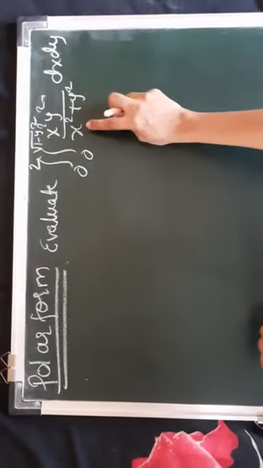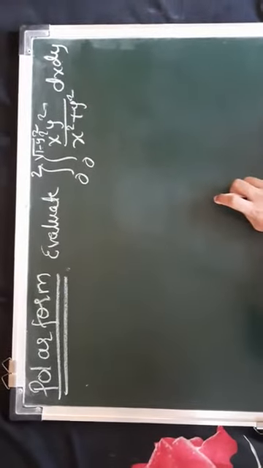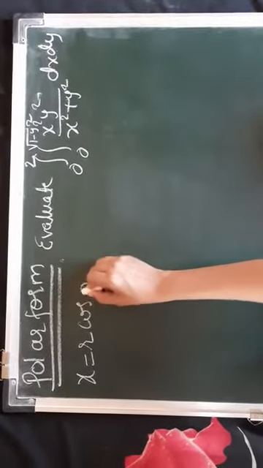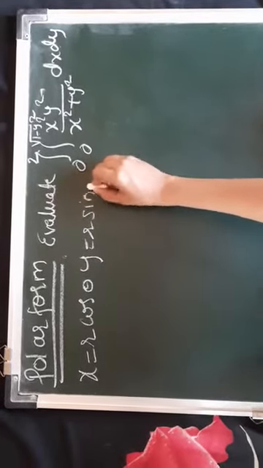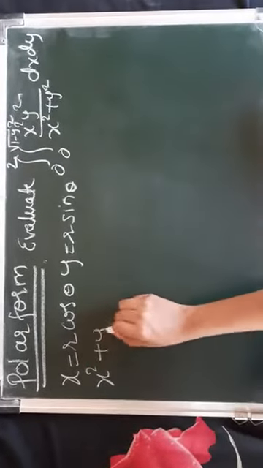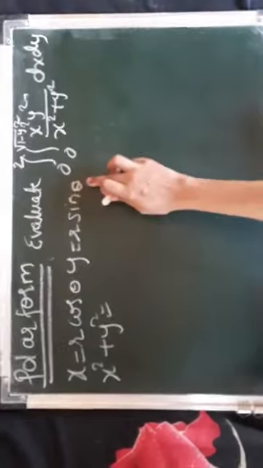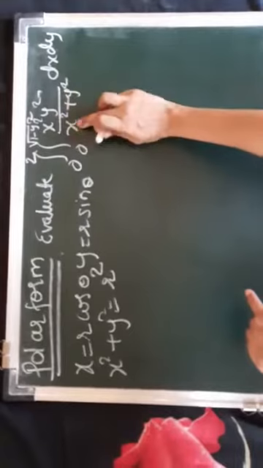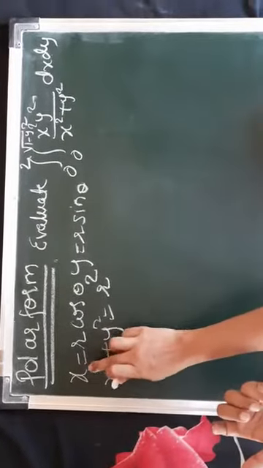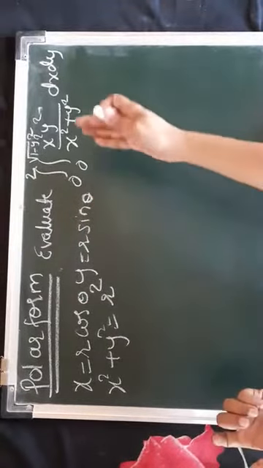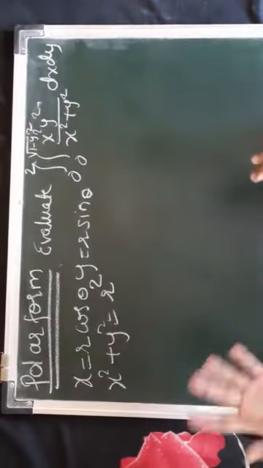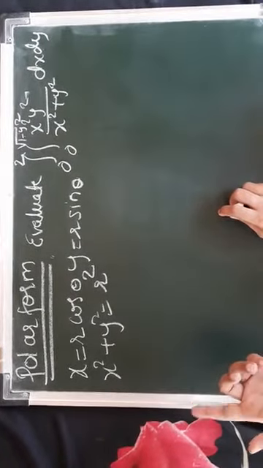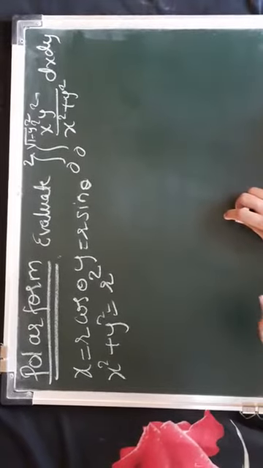So whenever you see an expression of the type x square plus y square in the question, use polar coordinates. What are our polar coordinates? x is equal to r cos theta and y is equal to r sin theta. Then x square plus y square turns out to be r square cos square theta plus r square sin square theta. But cos square theta plus sin square theta is 1, therefore this becomes r square. So the expression in the denominator becomes small. Also, in the numerator we have r square cos square theta r square sin square theta, which I can solve by looking at the limits. We will change it to terms of r and theta, and then we can use the reduction formula for sin raised to m, cos raised to n, or the beta function, and that's why it becomes simpler.